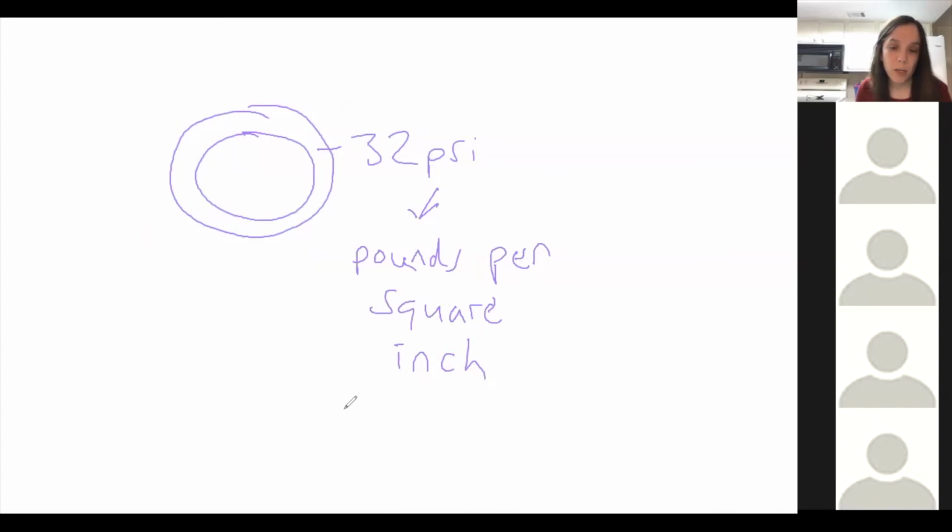And the equation would look like this, where you'd have pounds divided by square inches. So pounds is force, square inches is the area. And so that's why PSI is a pressure unit, because it tells you the force in pounds over the area